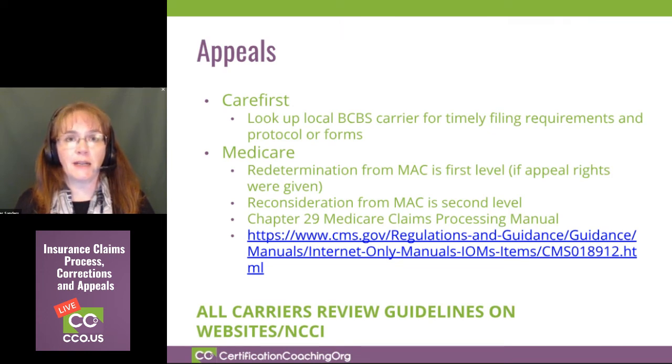So we're getting ready to send an appeal to this insurance carrier because those services are not included. Check the NCCIs. Make sure that the NCCI edit didn't change that quarter for the date of service that you're in. Make sure that that insurance carrier, that Aetna, doesn't have a guideline of their own saying you cannot bill those things together, or those things can only be billed together if you meet criteria 1, 2, and 3. So make sure that there's nothing on their website, and double check those NCCI edits before you send off an